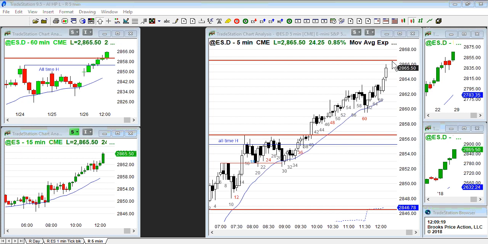Can you sell with a limit order right there? Well, it's another one of those things where the math is good. The probability is you make money, but you need more than probability. You need risk and reward, and the risk is big. If you're selling a buy climax, you have to use a stop at least as wide as the two bodies, which would be up here. And is that worth